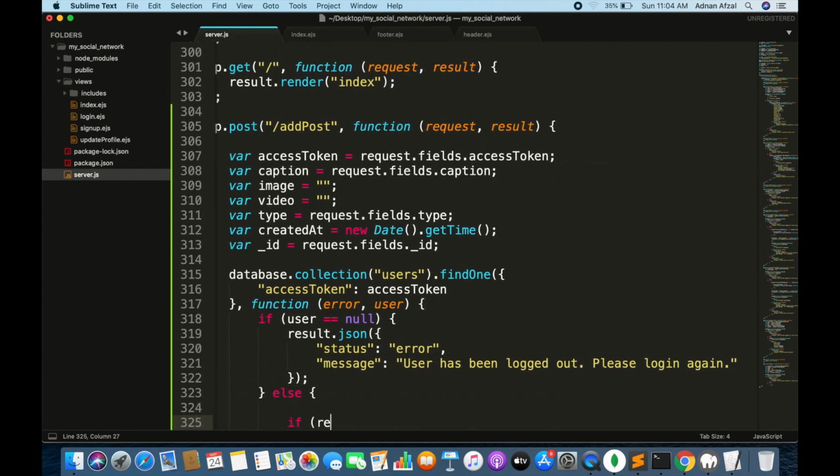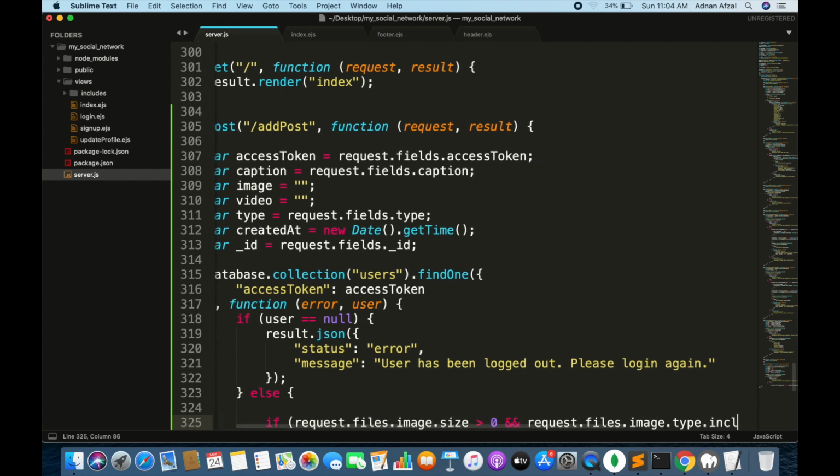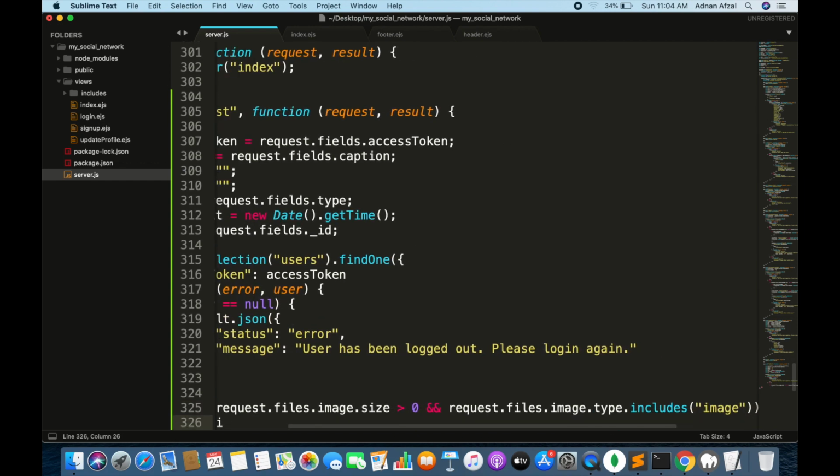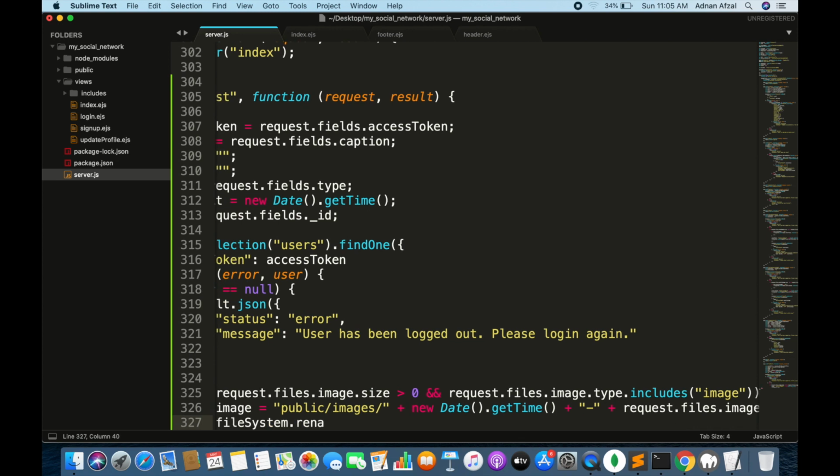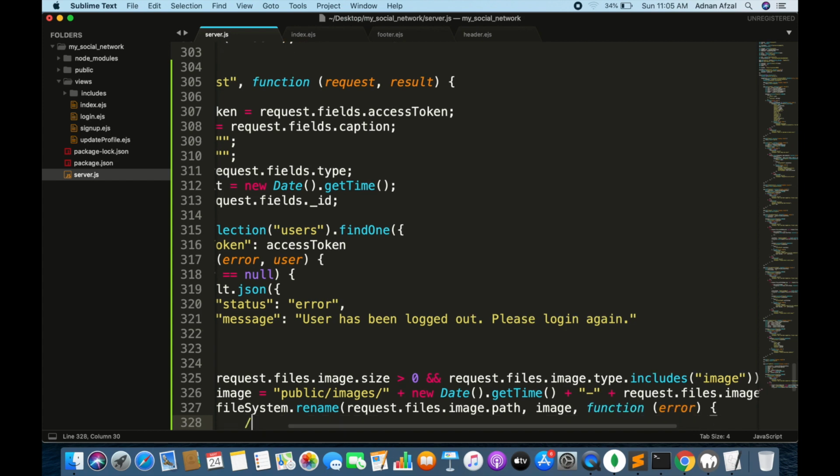Check if the user has selected any image file, and if the type of file is image, then set the image variable value to the path where the image will be stored. And the fs.rename function will save the file in the folder.